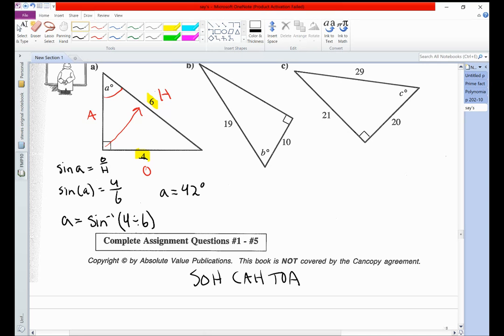Now it's important, if you end up doing regular sine of 4 divided by 6, you're going to get some really small decimal. And then you're going to ask yourself, does that really make sense as an angle? And it shouldn't. You shouldn't have a weird decimal angle. It should be between 0 and 90, I guess. Okay, let's do